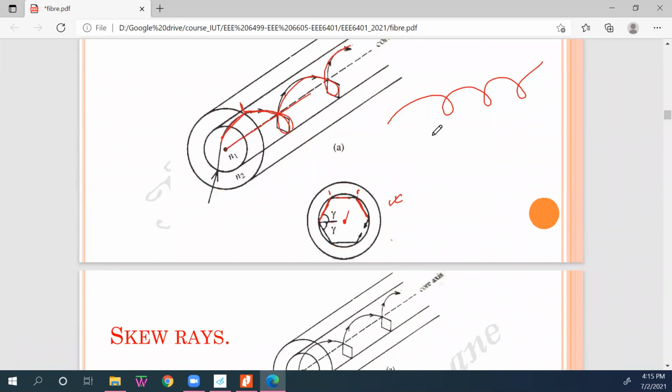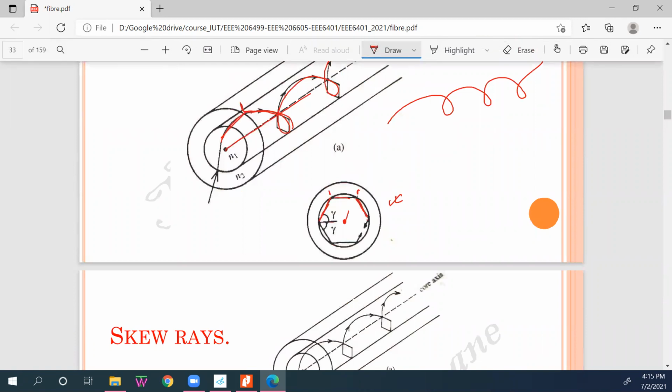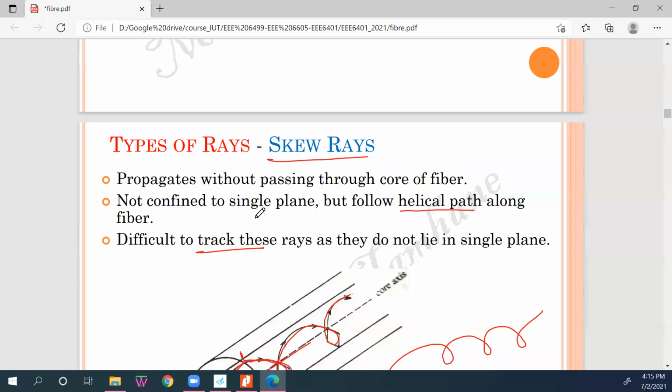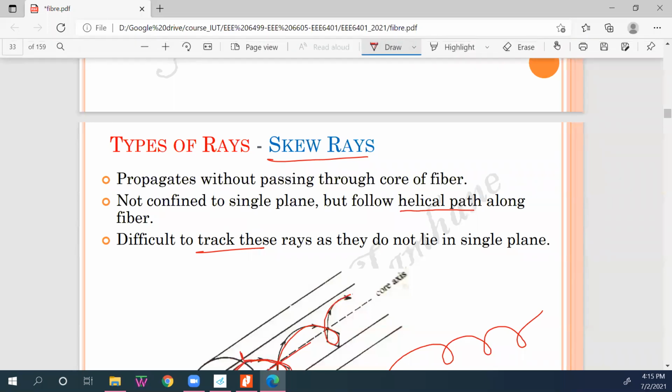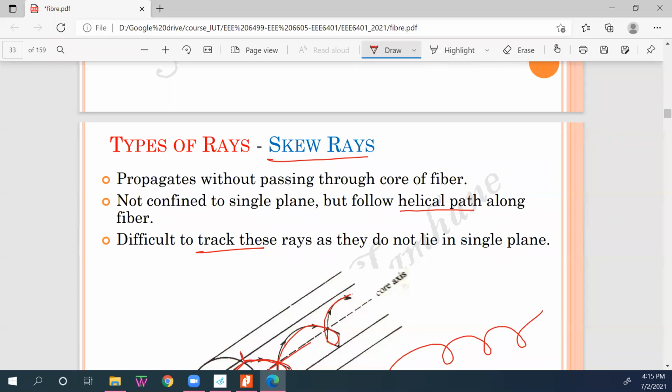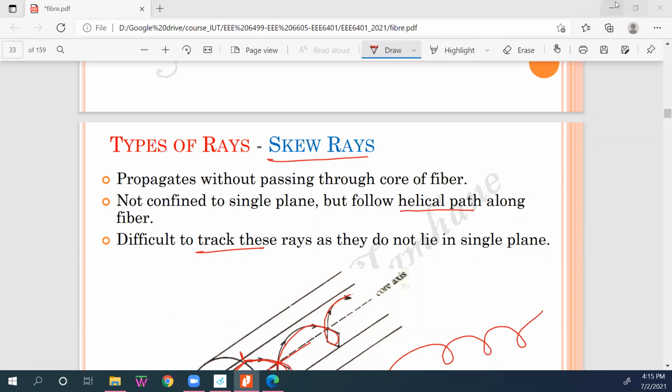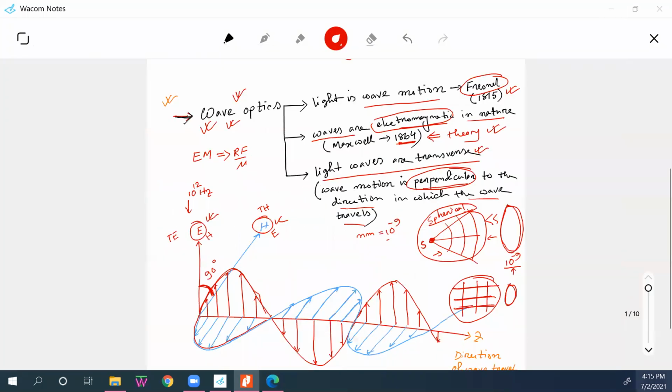Okay. So this is the phenomenon I forgot to cover in the last lecture, which was supposed to be part of the ray optics. We are now in wave optics, so everything will be like a wave. For wave optics, one of the coolest parts we will study today is